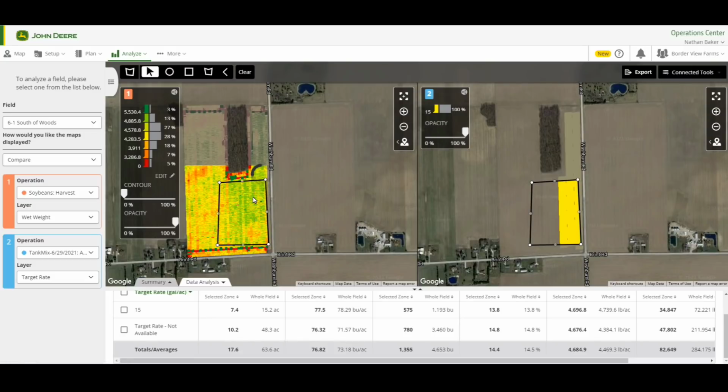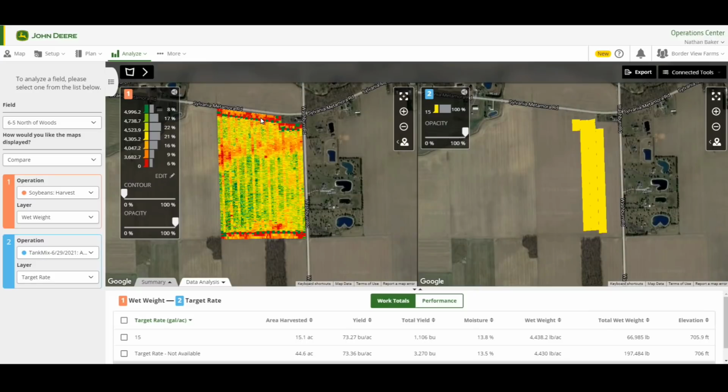So did that product pay or not? I don't know. How do I answer that? Well, one thing we can do is check another field. So this is the field directly to the north of the last one. The last one was around this woods here, but